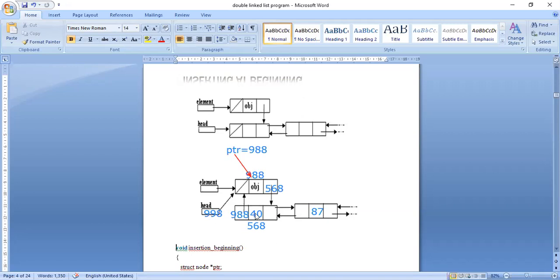It is pointing to the node 40. In this node, pointer of previous, head of previous is nothing but this previous part. In this one, what I'm keeping is this pointer value, that is 998. The previous node of this node is nothing but the node which I inserted at the beginning.